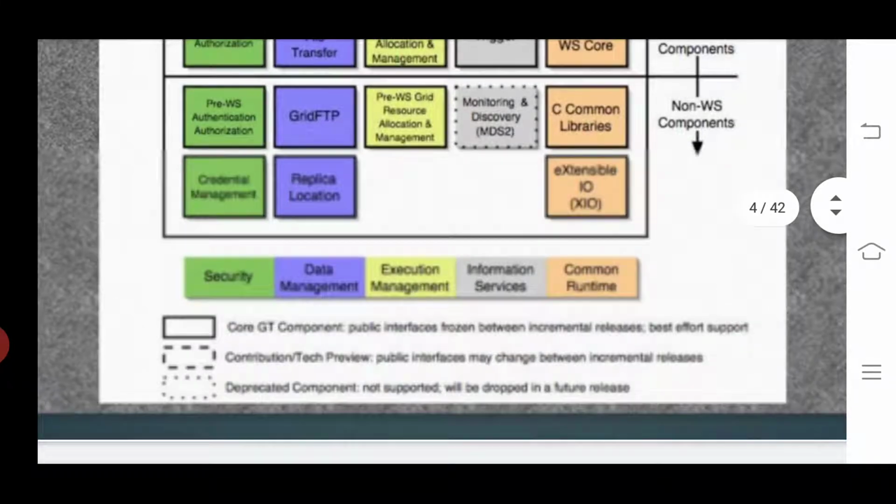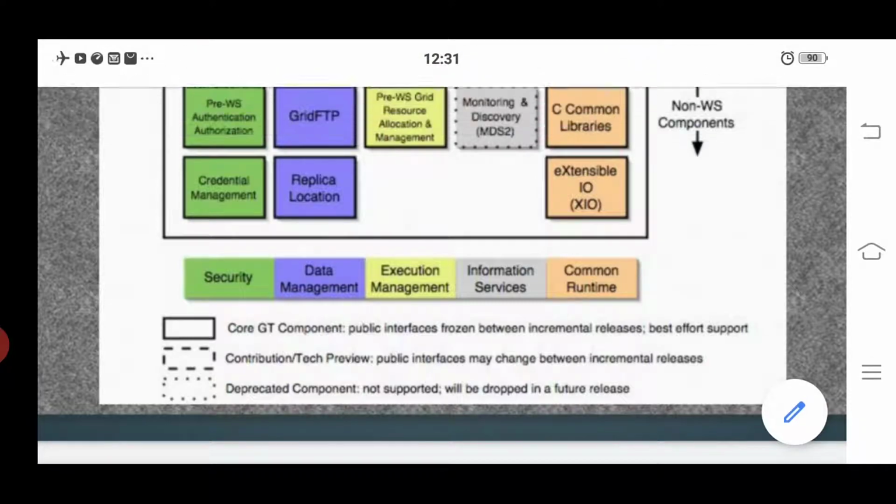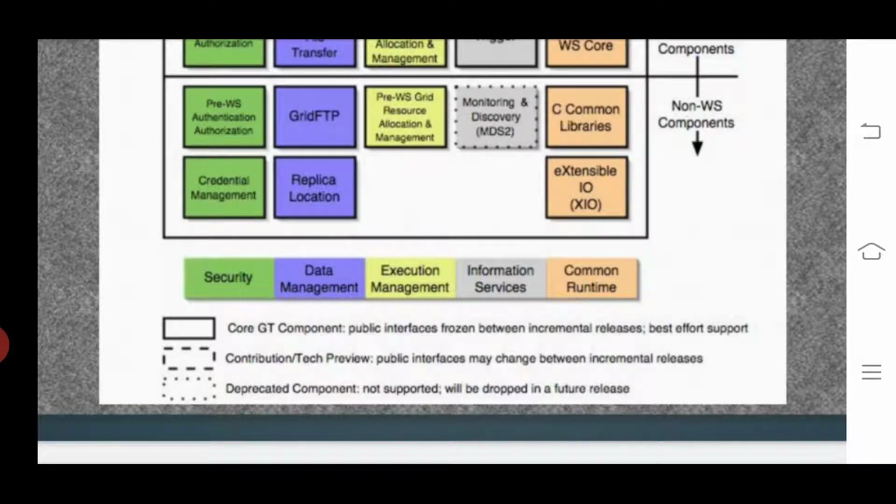The thick box illustrates the core GT component. Core GT components include public interfaces frozen between incremental releases and best effort support. The dashed square box is a contribution or tech preview.